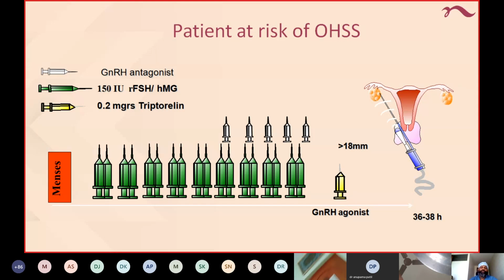If the patient has a risk of OHSS, you can start with a lower dose of stimulation, say 150. In the previous slide you saw the stimulation starting dose was 225. Here I made it 150 because I know the patient is young or thin or has PCO or any high risk factor. We can go into OHSS, which I don't want. So I'll start with the lower dose of 150, and definitely I'm going to use an agonist trigger, that is triptorelin or a leuprolide trigger, based on the follicular size of around 18 millimeters and above. We are going to do the agonist trigger, and we're going to freeze all embryos because of the chance of OHSS. We are not going to transfer.